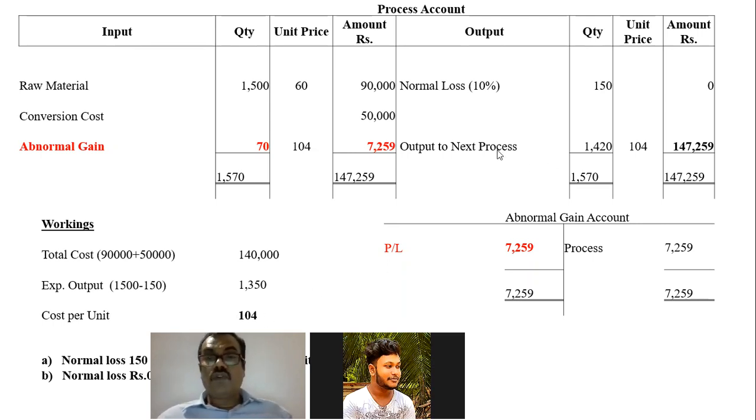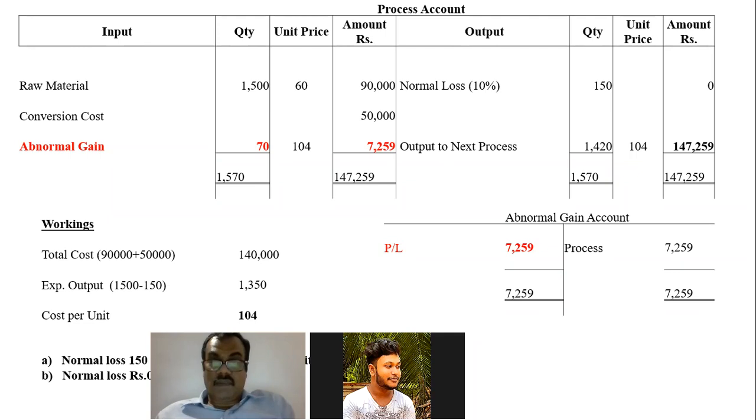At 104, your total output is 1420. So since this is the actual amount, this is the amount you are going to sell. You sell at a price of maybe 150. You have revenue. Revenue has to be matched with the cost of sales of 1420 units. Got it? But your cost ascertainment here is 104. Logically think, it has not been arrived